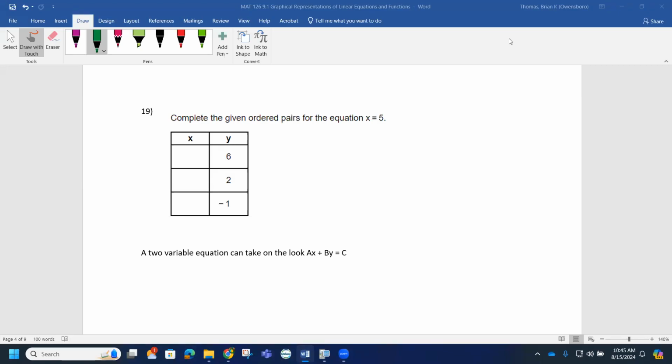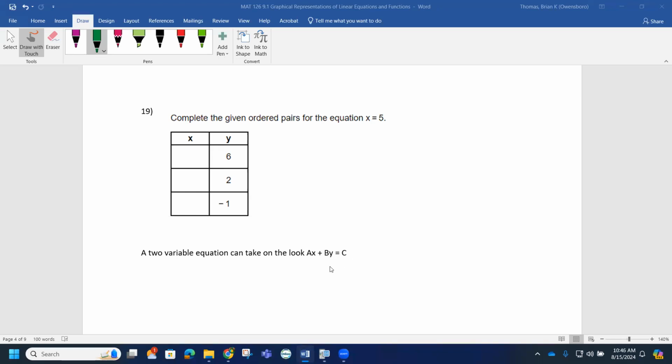So question 19, again, notice how we're working with the two variable expression, since we're talking about input, output. So they want us to complete the given ordered pairs for the equation x equals 5. Notice that in this equation, there's a variable missing. The y is missing. So remember, in this problem, a two variable equation can take on this look right here,